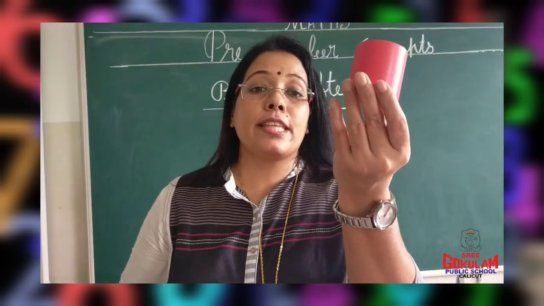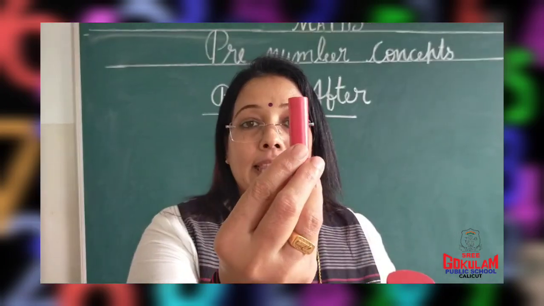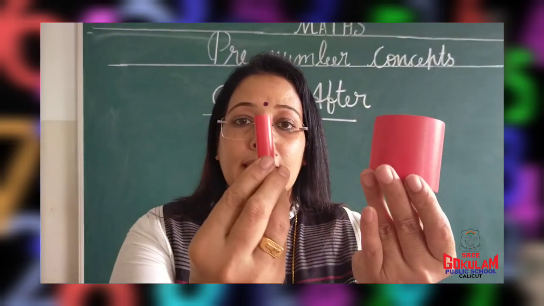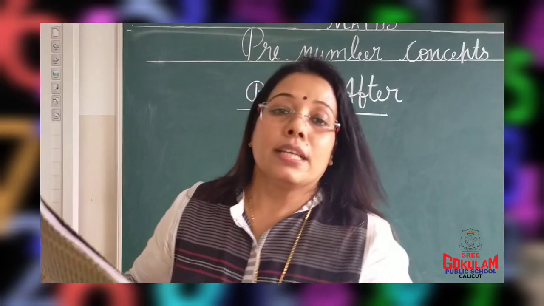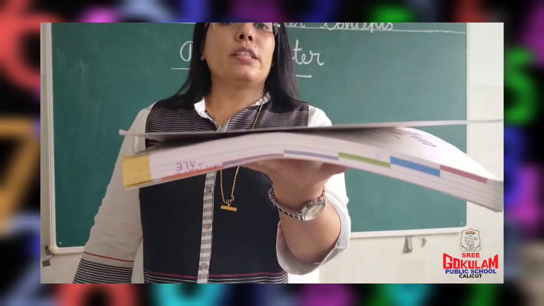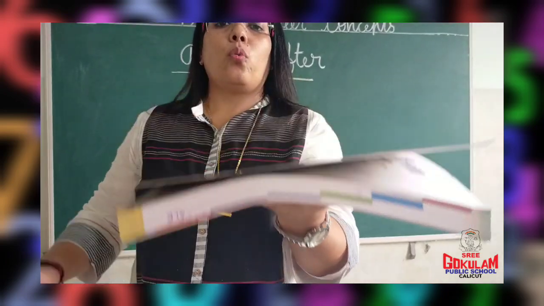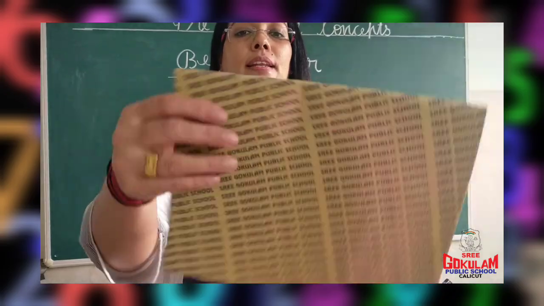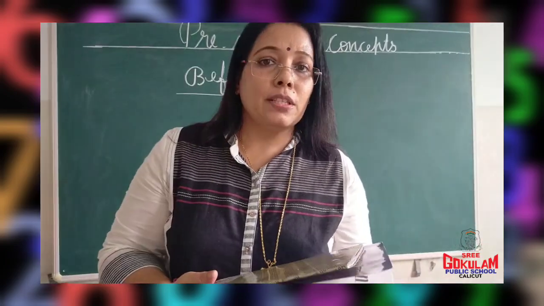Yes, this is a thick object. Can you see this? Thick, and this is thin. Thick, thin. See, this book is thick. Can you see this book? This is a thick object. Thick. Whereas this is thin. Less width, more width. Okay? Is this concept clear?